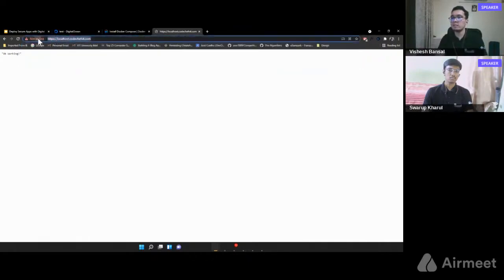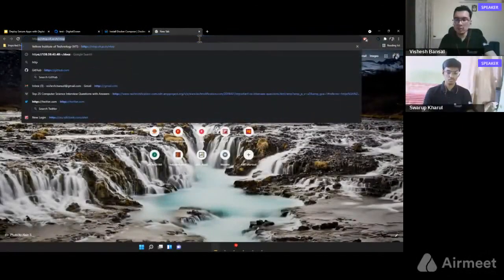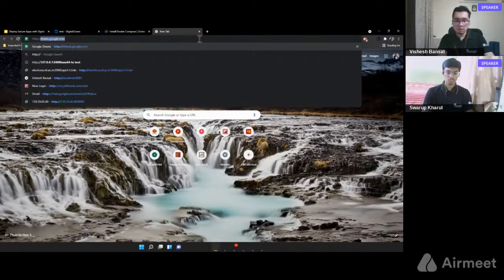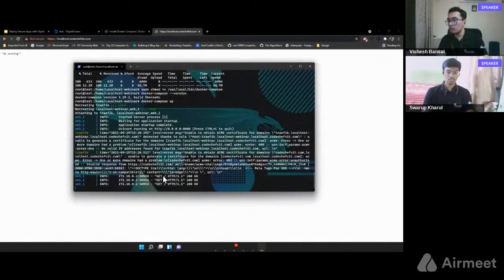So you see, even though it's not secure, it automatically changed it to HTTP. Let me demonstrate it with much greater clarity for you. So I'm going to close this tab and type HTTP and localhost.coachfvit.com, and see, it redirected me to HTTPS, which means Traefik is working perfectly. And if we check the logs, we see we get an HTTP request which says 200 OK. So 200 is the default success message that we get.